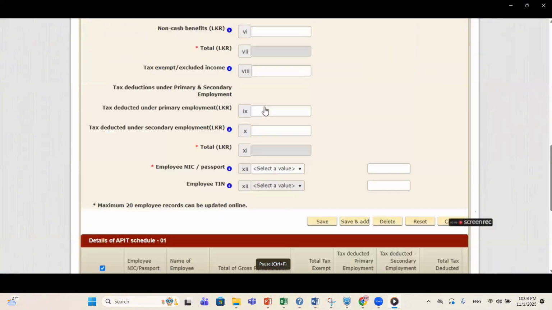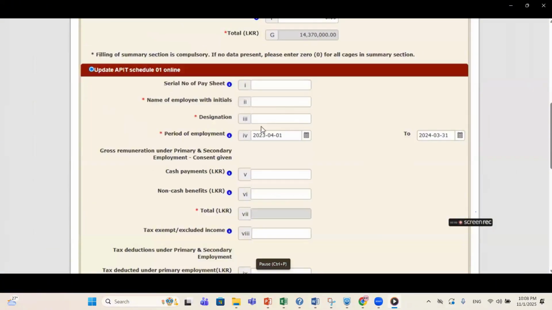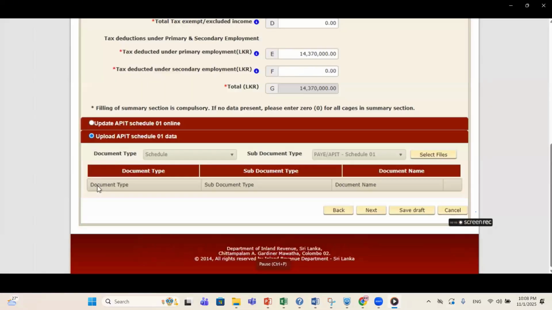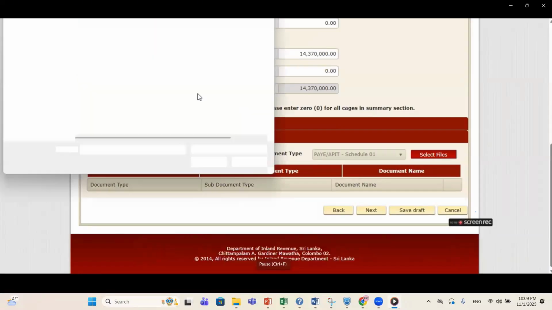I just delete this record, right? So now the summary is available, and I say upload the document. And here I have to select the schedule, APIT schedule 1, right? So summary will be there. Then I have to select the file, right?